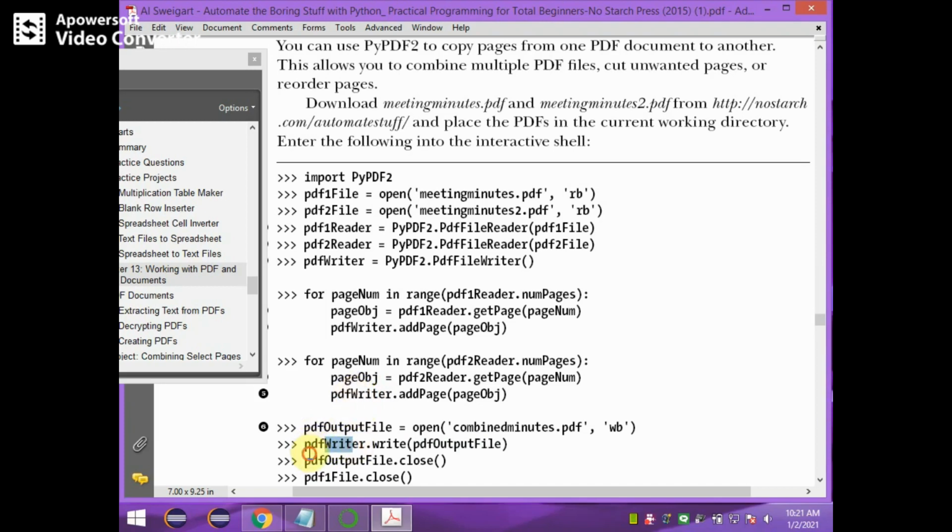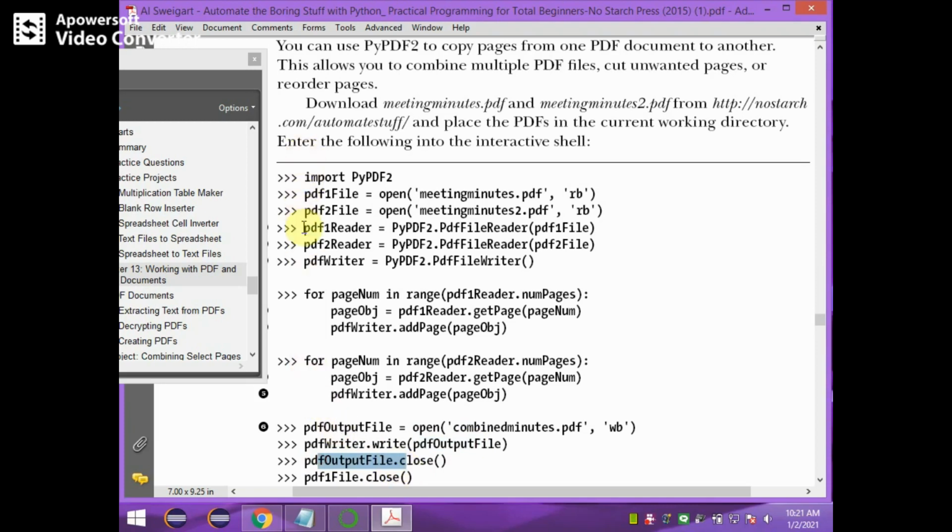Okay, PDF writer object dot write writes the content whatever is there in the PDF writer to the output file, and then the file is closed.